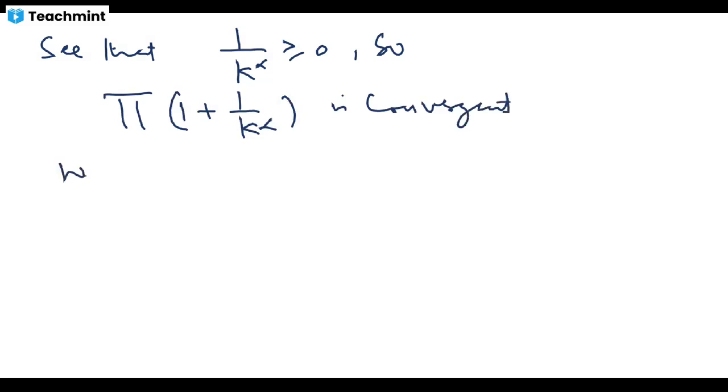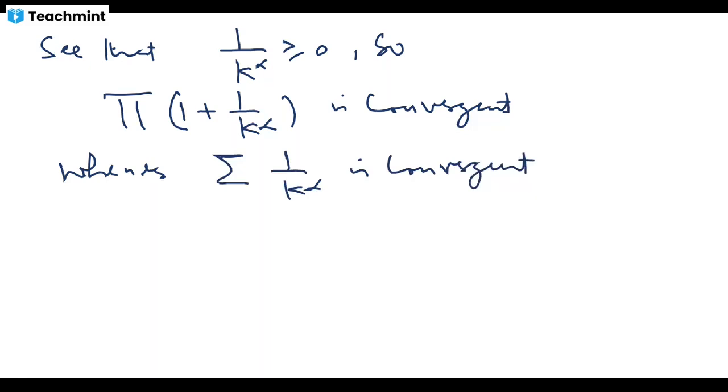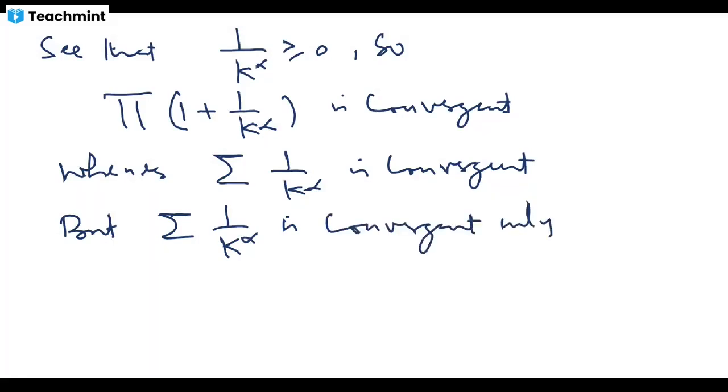This product is convergent whenever this series 1/k to the power alpha is convergent. There is a test known as, what you usually call in your real analysis the p-test, but you know that in case of the p-test, this series summation 1/k to the power alpha is convergent only for the choice of alpha greater than 1, and for alpha less than or equal to 1 it is divergent. Hence it implies that